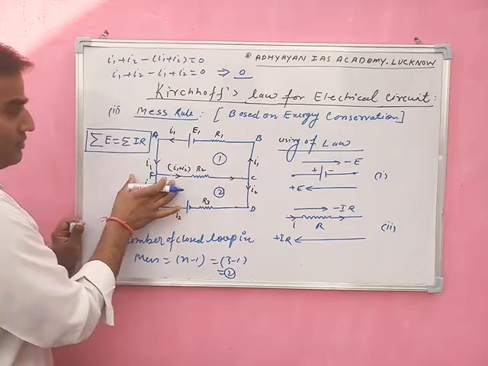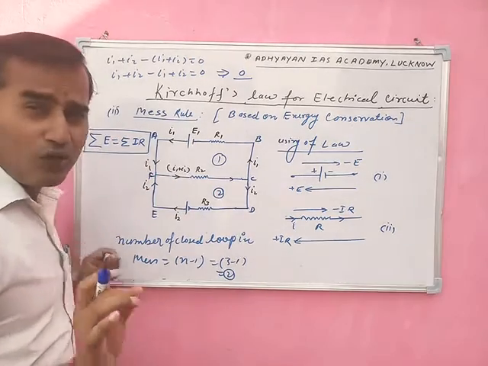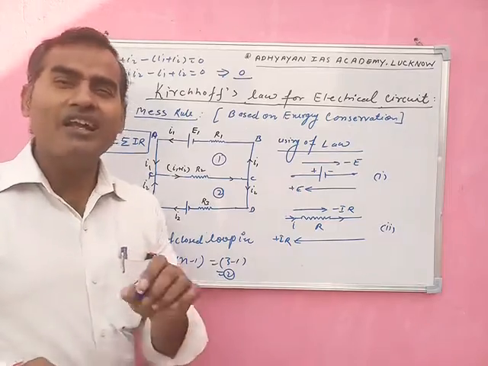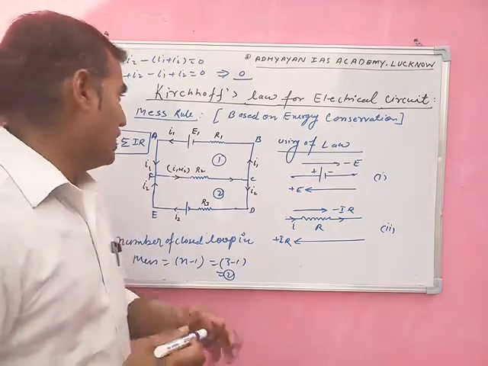So the first Kirchhoff law, the junction rule, is used for dividing the current,